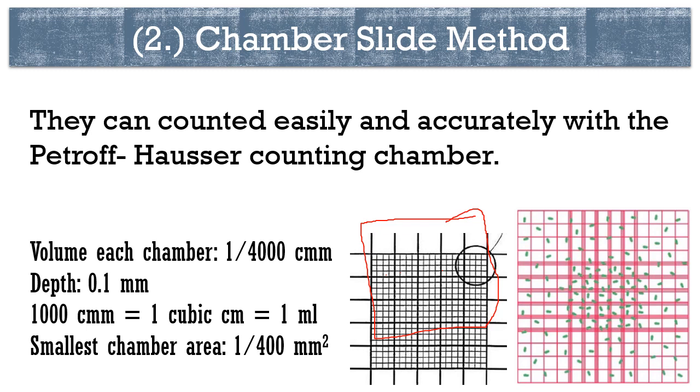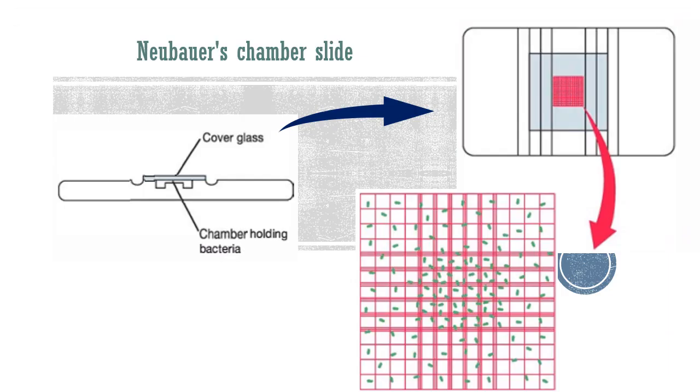And this is a Neubauer's chamber. You already know how it works, how we can operate the Neubauer's chamber. Basically, you have to load a liquid sample into the chamber between the cover slip and slide, and afterwards you put it under the microscope and count the organisms and calculate the cell count accordingly. This is a general flow chart of how you can operate and work with Neubauer's chamber.